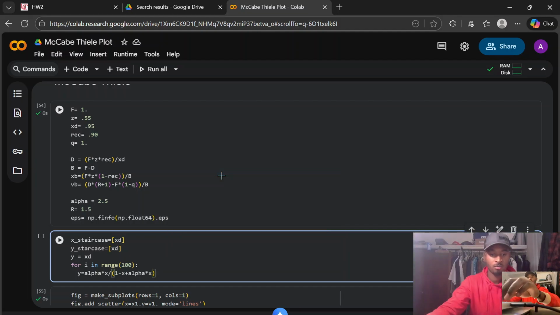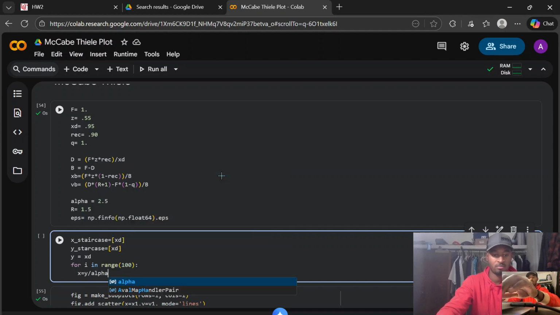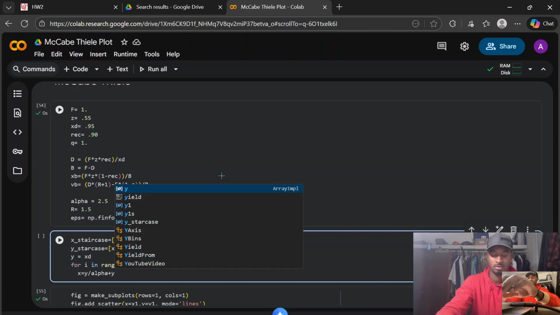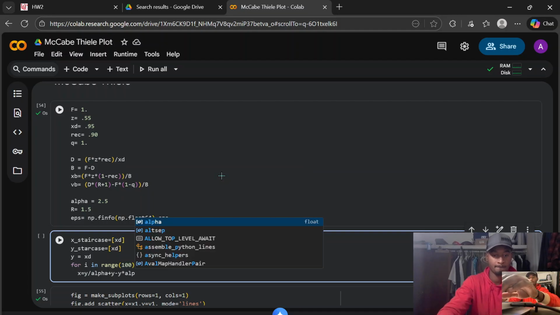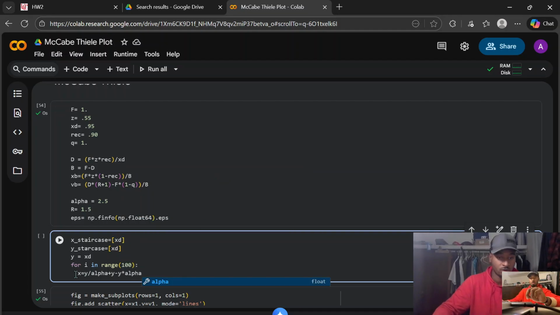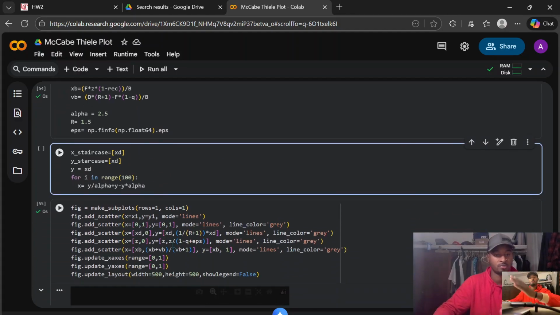And when we do that, we're left with the equation that x is equal to y divided by alpha plus y minus y times alpha. All right. So this gets us our x1 value and the preceding x values to come